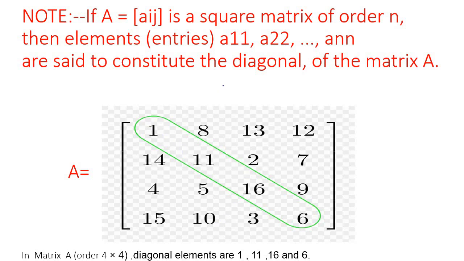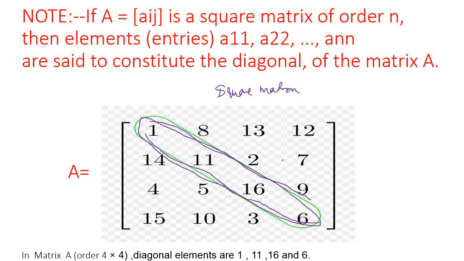Now in a square matrix, the matrix should be a square. The elements that lie along the cross line from left to right are called diagonal elements. This is called the diagonal elements. We will not take the cross elements of this side. We only have to take the cross elements of this side. These elements are called the diagonal elements. This is a very important concept, the diagonal elements of a square matrix. Now we will move further.